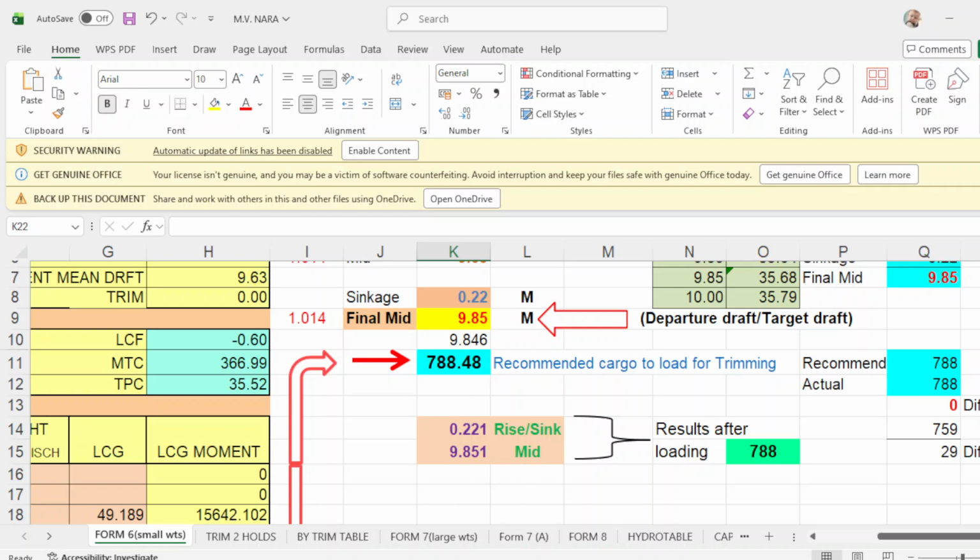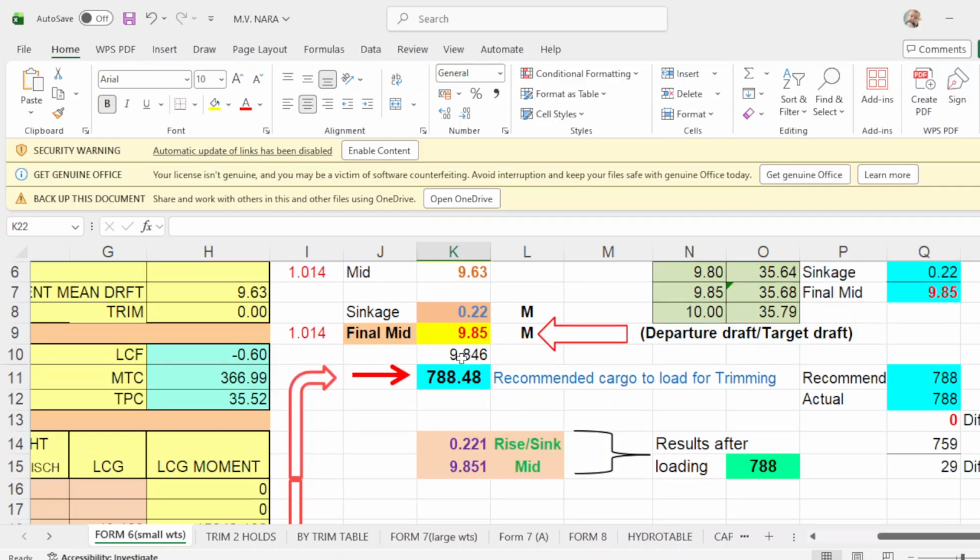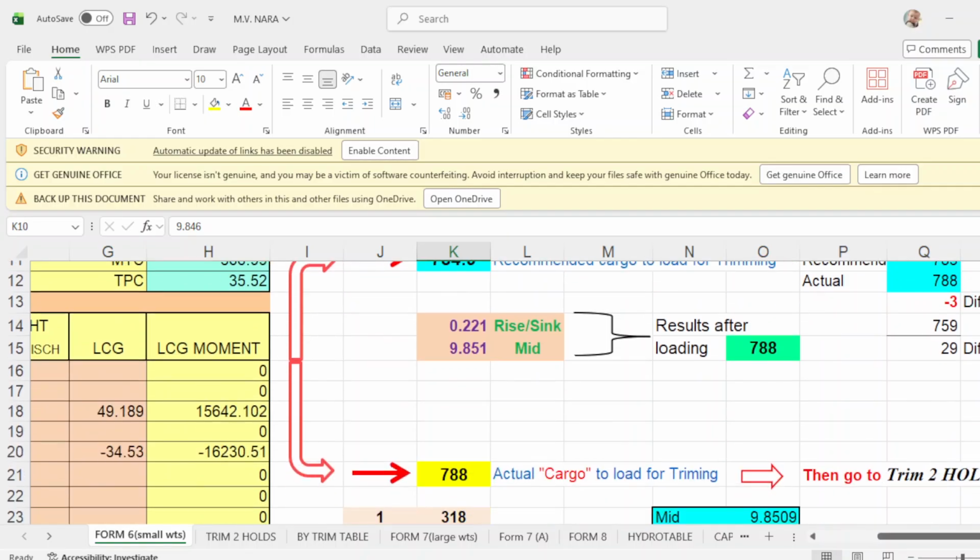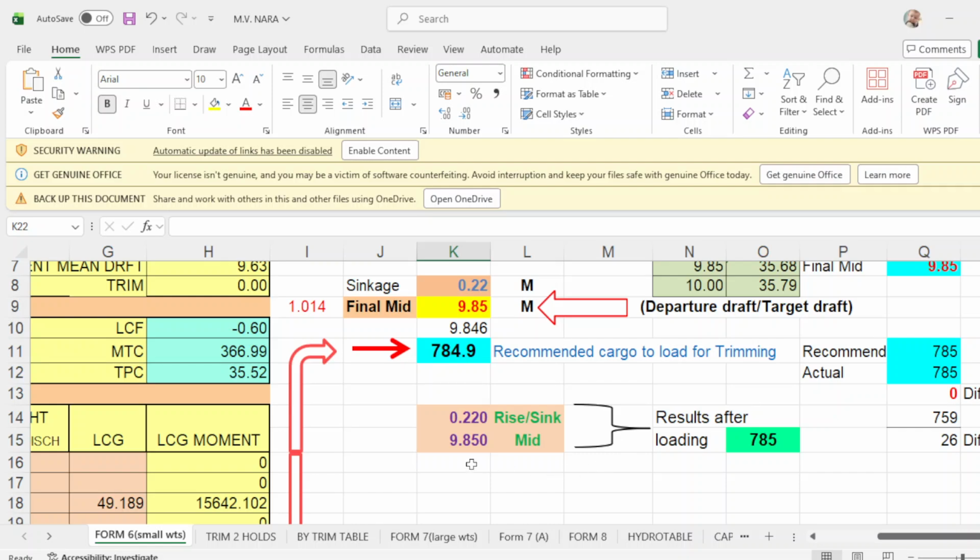If you bring it back to, let's say 9.85, then the recommended cargo to load is 785. So you put 785. Once you load 785, your departure drop is exactly 9.85, the same here, and your sinkage is 0.22, which is exactly the same here.